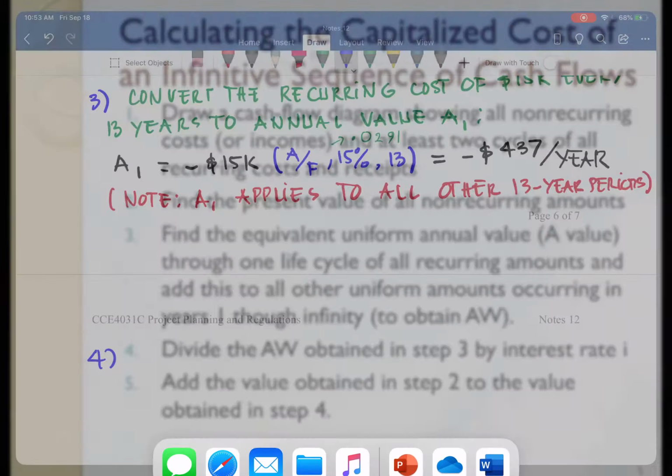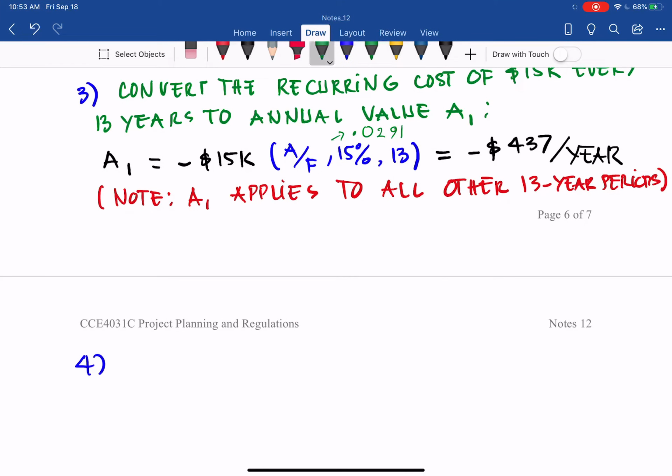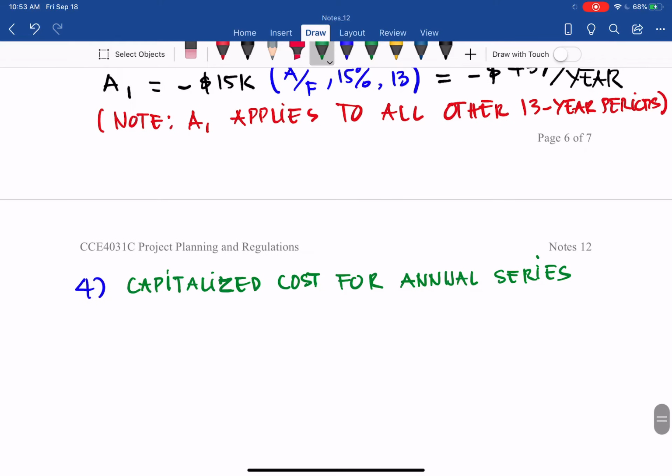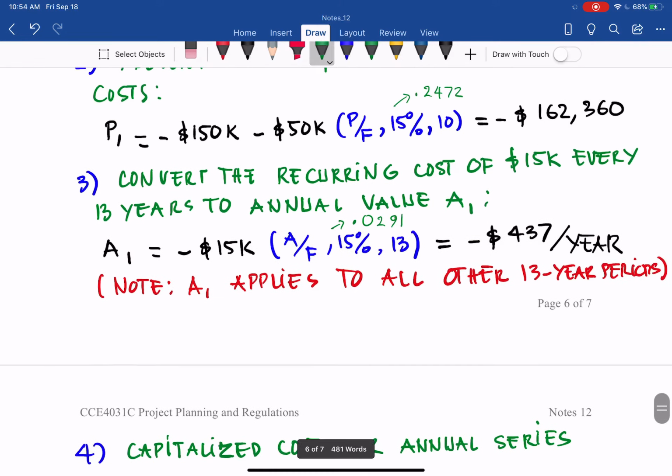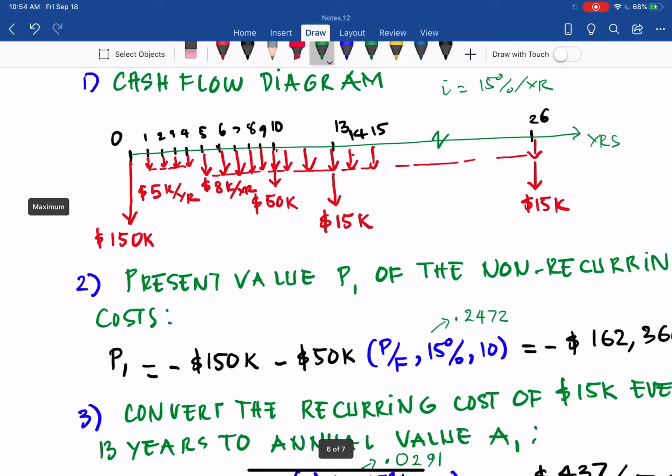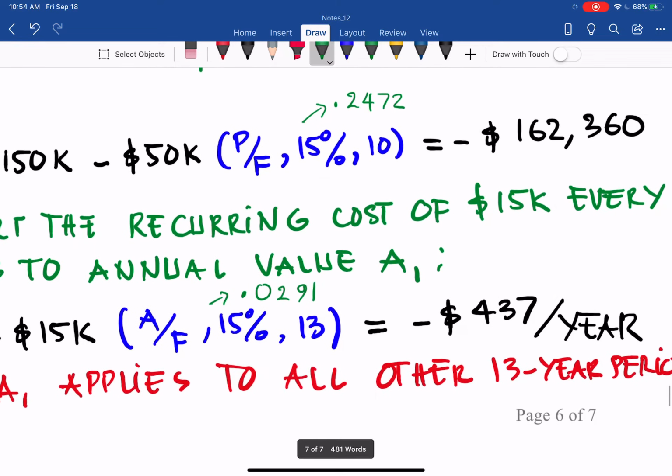Here we see the capitalized cost for the annual series. There are a few things that we need to do here. As you can see, the first annual amount is equivalent to 437